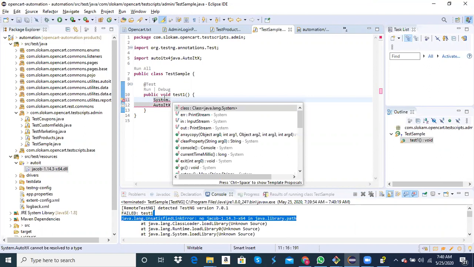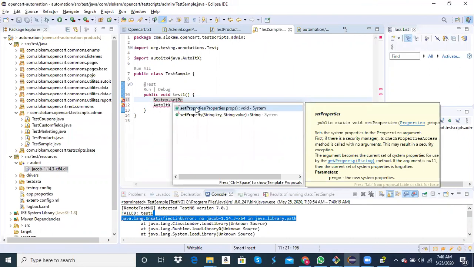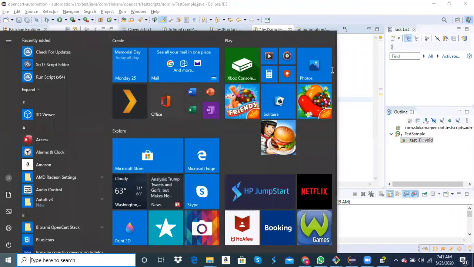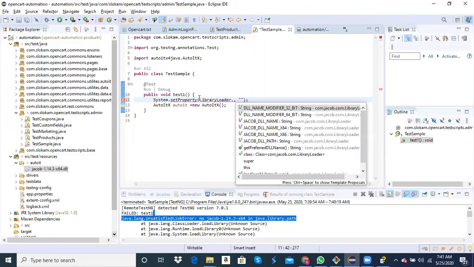System.setProperty. Set the property. The property will have a key and a value. The key will generally be webdriver.chrome.driver, webdriver.gecko.driver, right? Similarly, here we need to provide a key, but instead of defining the string ourselves, they have defined the string in a class called LibraryLoader.